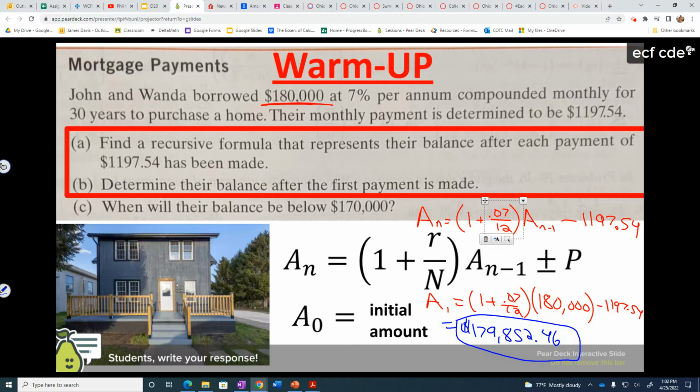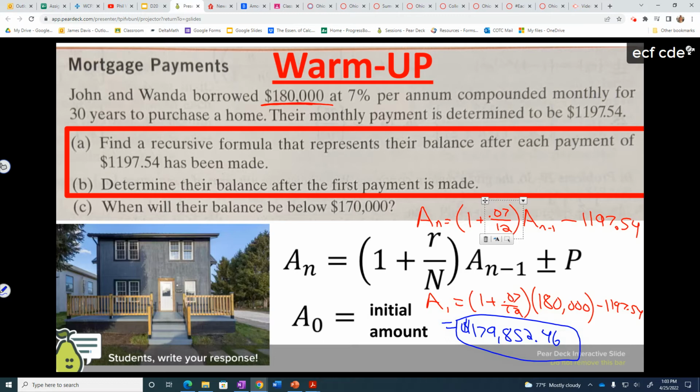At the end, you hit this little, and then minus 1197.54. Very good. Okay, now we're gonna just go ahead and hit enter, and we're gonna type in something for that